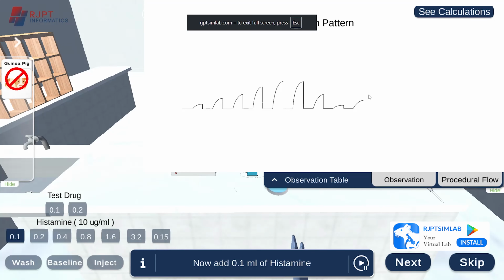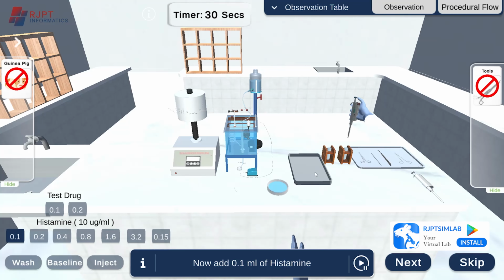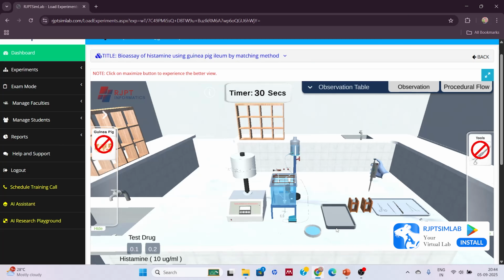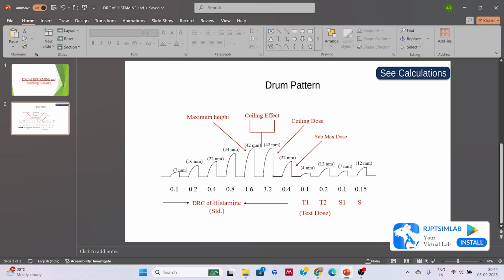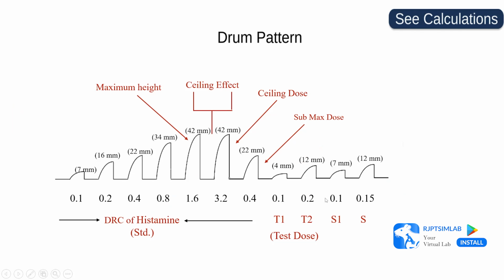As we can see, this is our second test drug solution's graph. And now we will see the graph over here. As we can see, this is a second test drug solution's graph, and the second test drug solution's graph